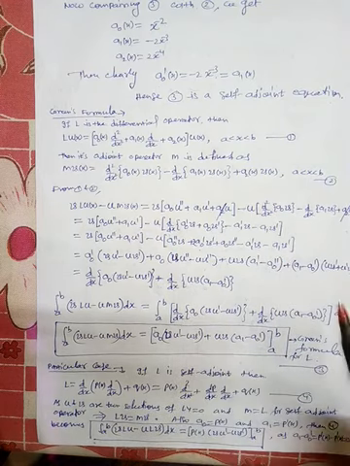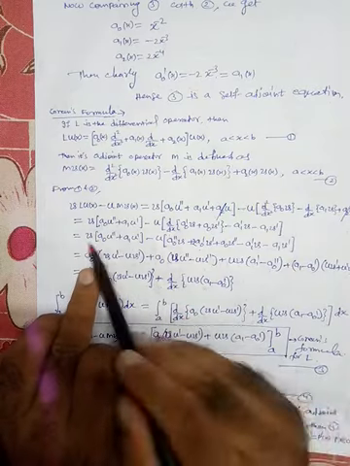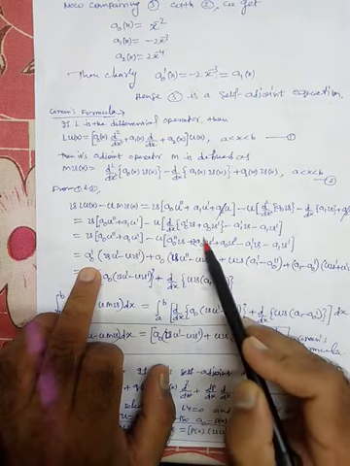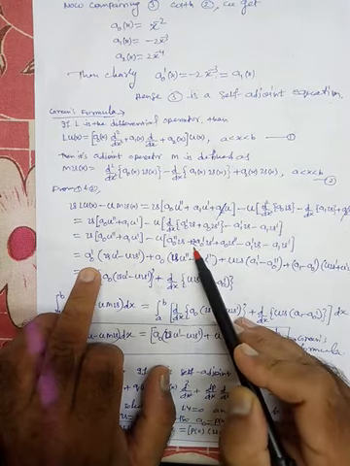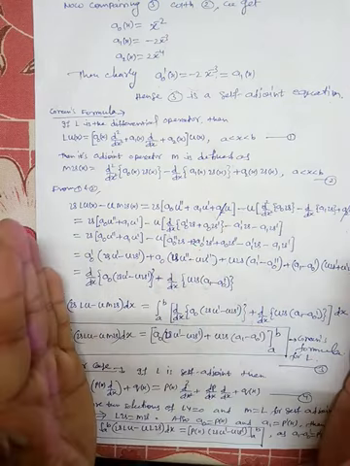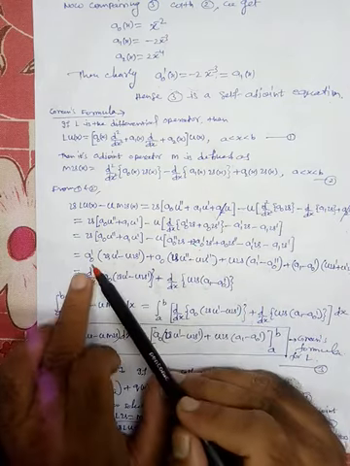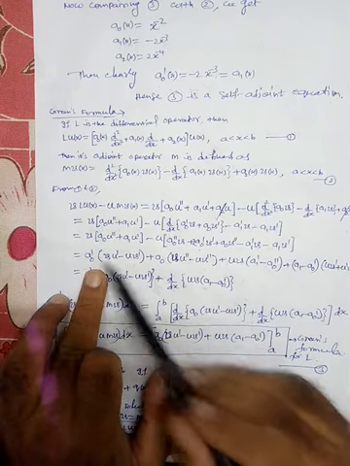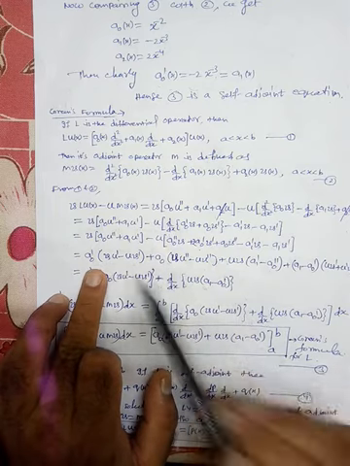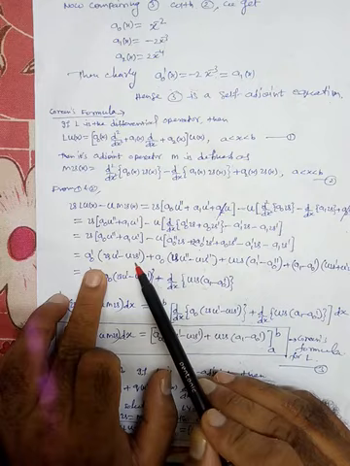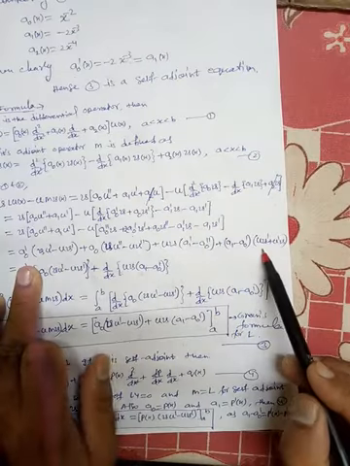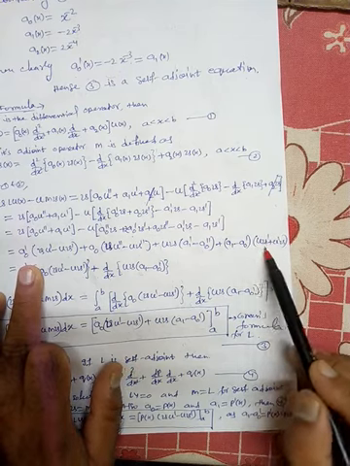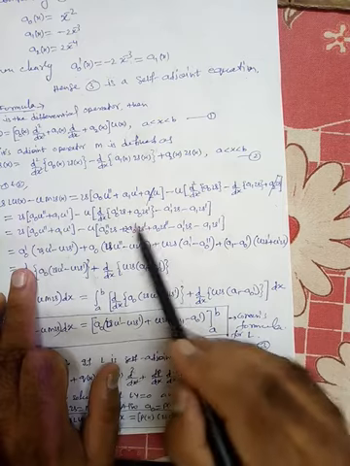ओके, नाउ फिर हमने a naught dash, अब इस पूरी टर्म में a naught dash कहाँ कहाँ है, you just see here we have a naught dash only one term and multiply by 2, तो हम क्या करेंगे, इस 2 को 2 पार्ट्स में डिवाइड करेंगे. One part is attached here a naught, here is minus, so here a naught dash, here is u and v dash, so uv dash. One part is attached here and the another part is attached here, a naught dash last term uv dash, so one part is minus this, minus of this, so this will give you this part.